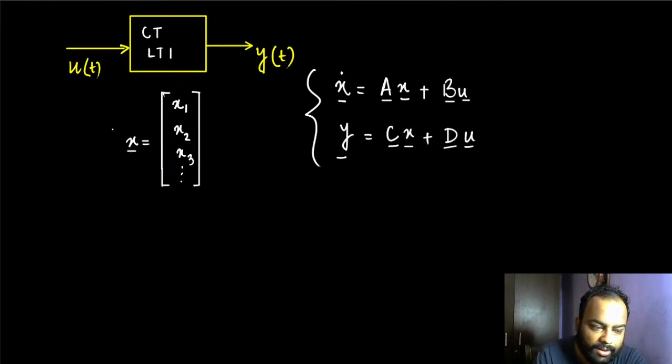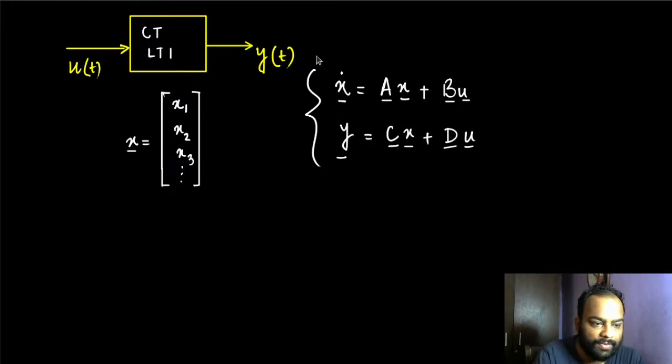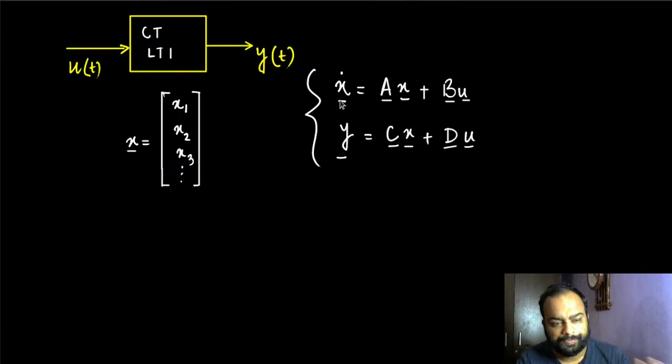All right, so again, we are going to solve a few problems after this, once we figure out the solution of this differential equation. But remember, x is a vector quantity here, x dot is also a vector quantity, A, B, C, D are all matrices, and u is also a vector quantity, y is also a vector quantity. So instead of trying to solve this differential equation, because strictly speaking, this is not an easy differential equation to solve,